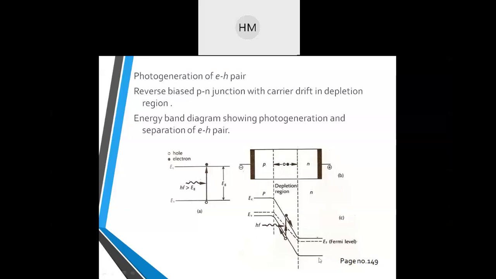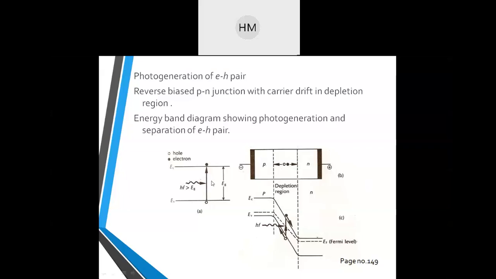See, you can see the energy band diagram. These photons are continuously coming into the depletion region. What will happen? This photon will be absorbed and this energy will be converted to the electron. So this will generate current in the device. This current is approximately proportional to the light energy incident on the photodiode. Okay, this is the whole logic. Here the depletion region will increase because we are connecting this diode in reverse bias.